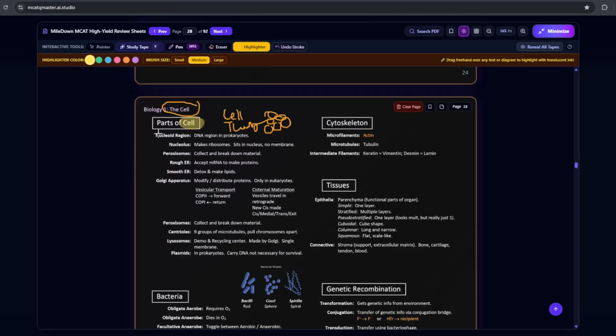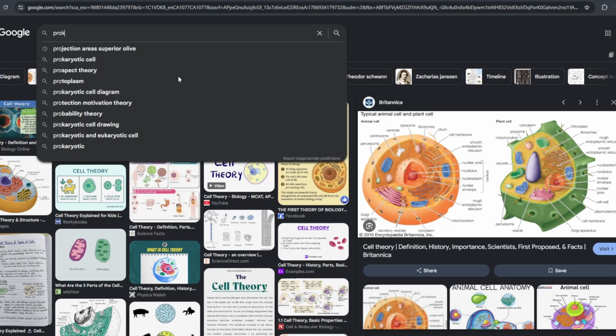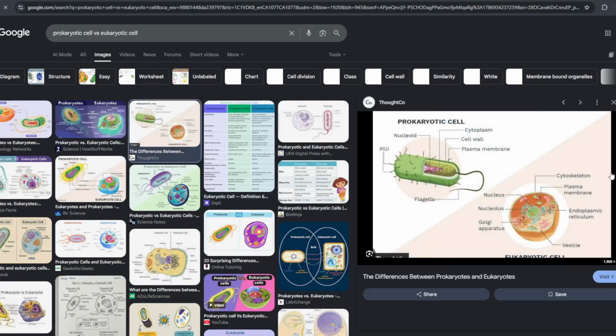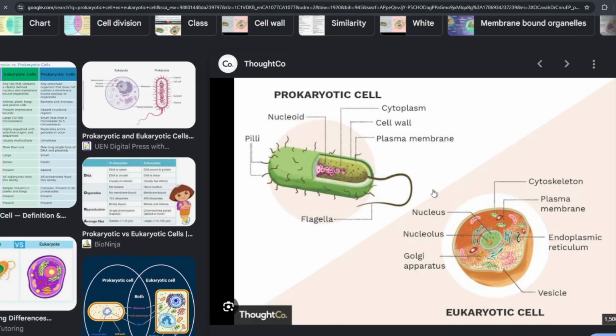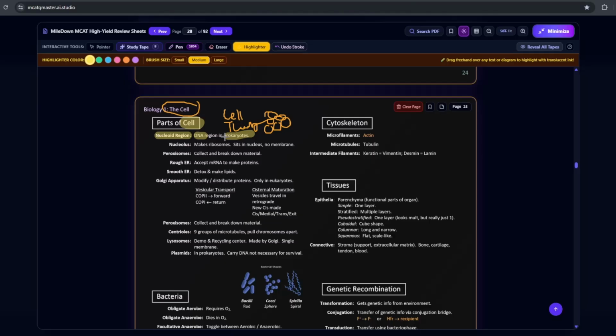So in the cell, the nuclear region is the DNA in prokaryotes. Before we go into eukaryotes and prokaryotes, you need to know the difference between them a little bit. So prokaryotic cell versus eukaryotic cell. As you can see in this picture, there are differences. Firstly, look at how they look, right? This prokaryotic cell has a nucleoid, whereas this eukaryotic cell has a nucleus with a nucleolus inside of it. So that's the first thing to know, that in prokaryotes, it's called the nucleoid region where the DNA is,